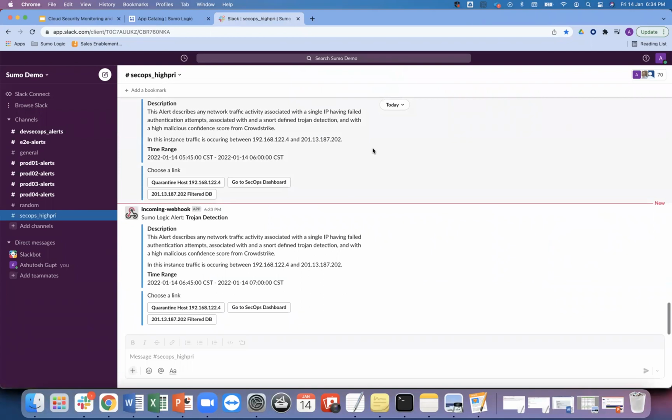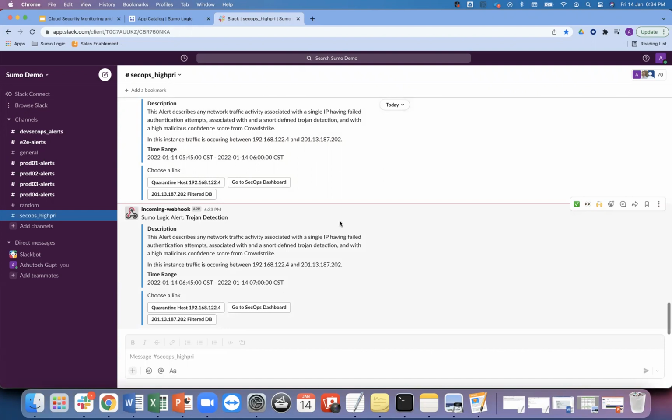So I'll start with a scenario where a security operation engineer gets an alert on a Slack message, say at 3 a.m., what we call a night scenario. You can see there's a security channel, sec operation high priority, where he gets a message something like this, a Trojan detection, where